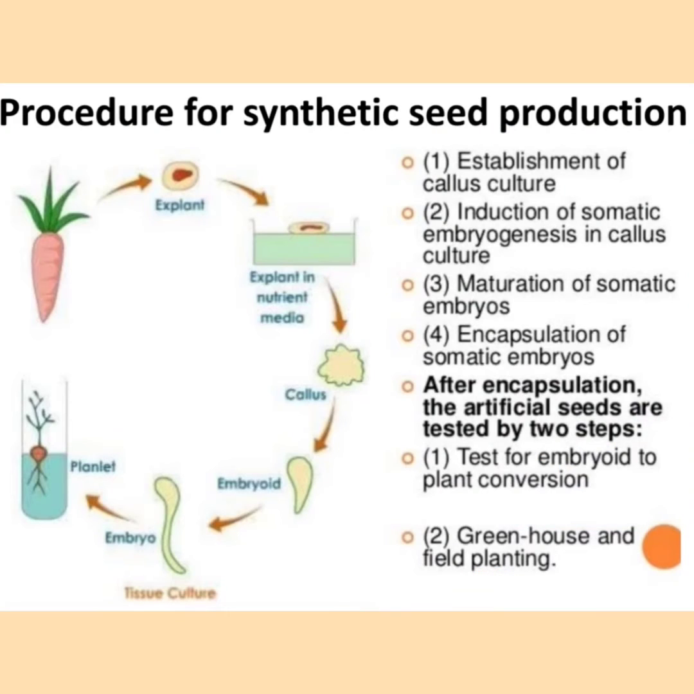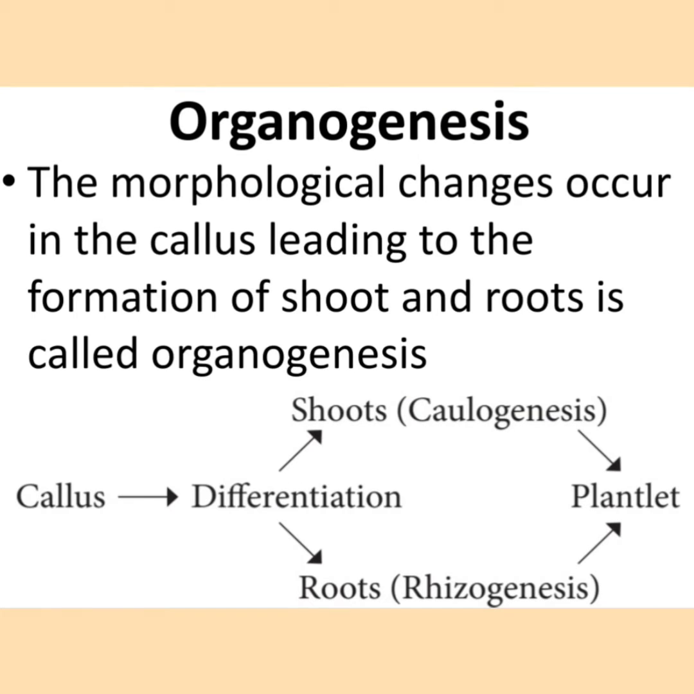Here you can see the procedure for synthetic seed production, where there is an establishment of the callus culture and induction of somatic embryogenesis in the callus culture, maturation of the somatic embryos, and encapsulation of the somatic embryos. After encapsulation, the artificial seeds are tested in 2 steps: a test for embryoid to plant conversion, and greenhouse and field planting. Organogenesis: the morphological changes that occur in the callus leading to the formation of the shoot and the roots,